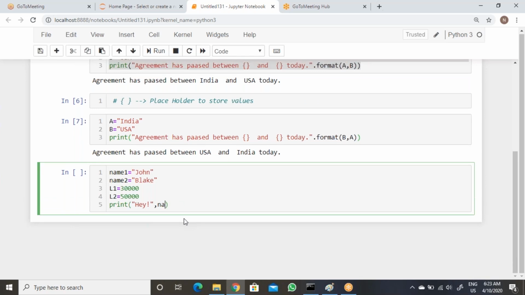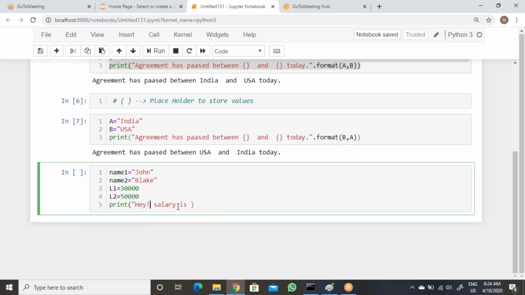So now let's see, name 1 you pass here, then here name 2 also. Then after this you need to give a statement like this. That's up to you, you can make it. Name 2 salary is.